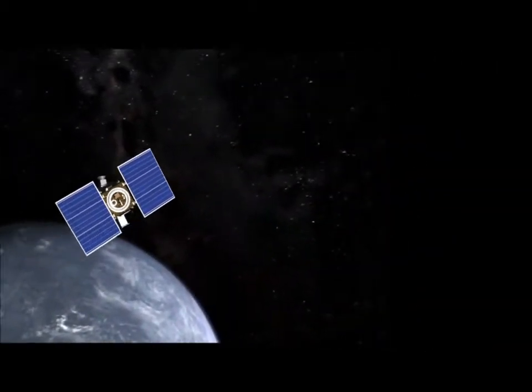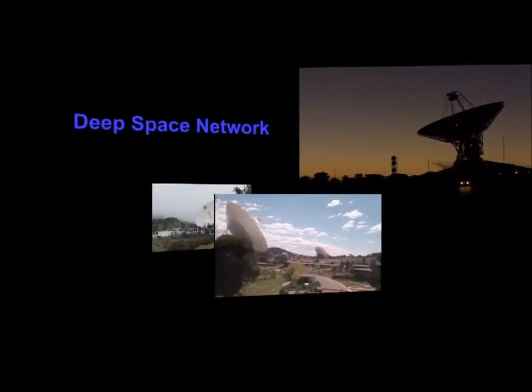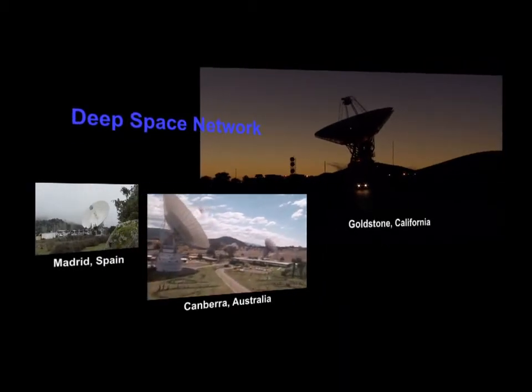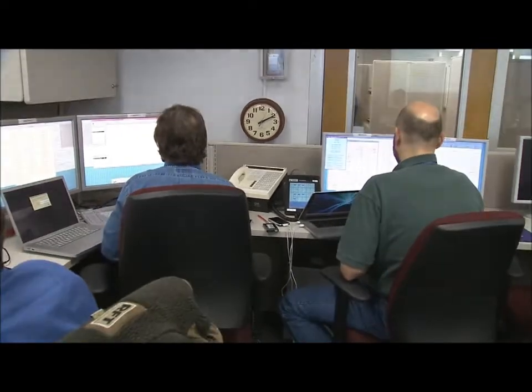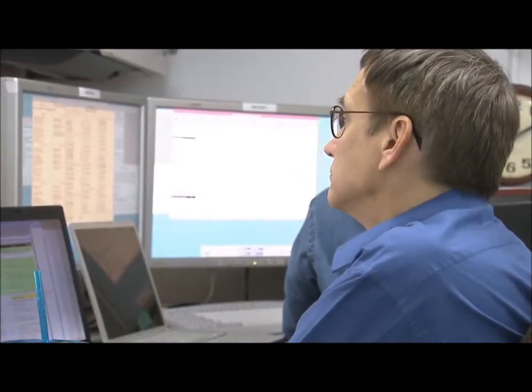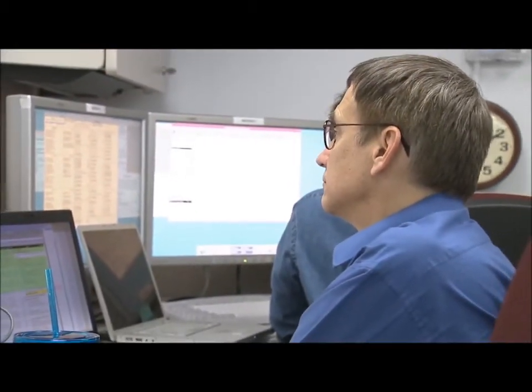As soon as we launch, the Deep Space Network is training their antennas up on our spacecraft and receiving Doppler data. The navigators, the orbit determination engineers, will then compute a very precise trajectory that we're on. Then we have another group of navigators called maneuver analysts that take that trajectory and compute what we call the delta V. It's the change in velocity that we need to get us precisely on the trajectory to the